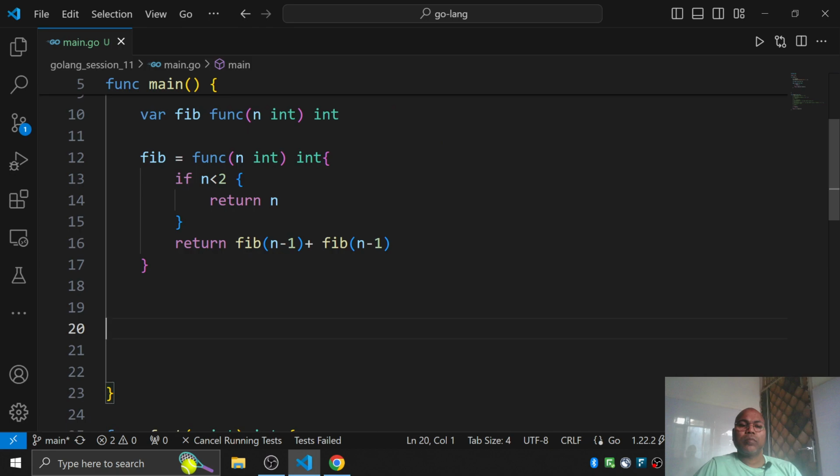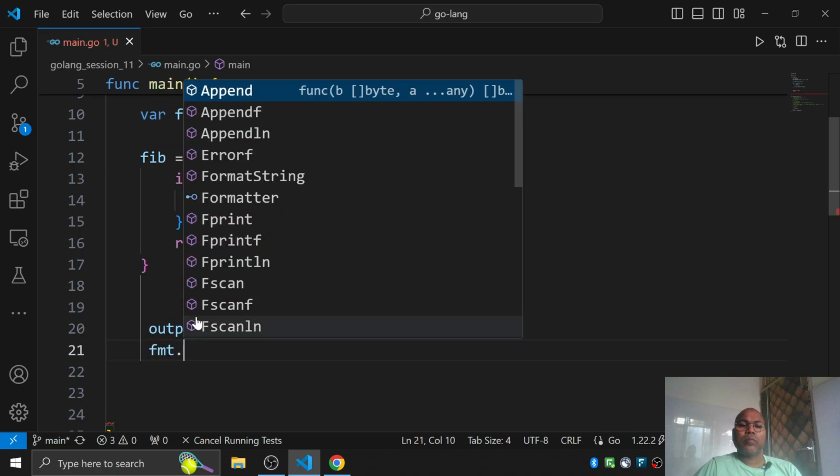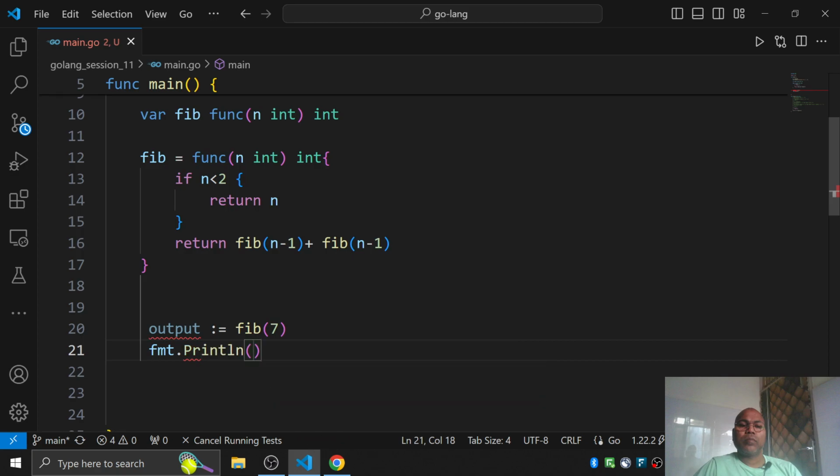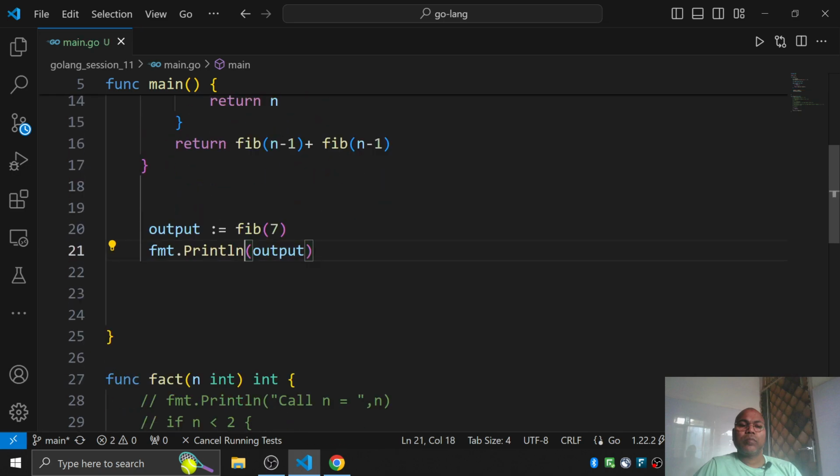So let's say I want to call this: this is the variable, and I can call this variable for the number 7, and see whatever the output is. Okay, output. So in this way,